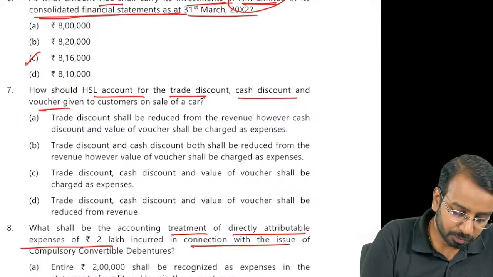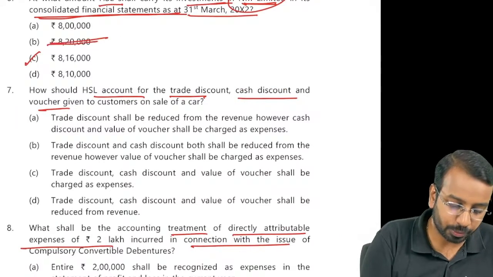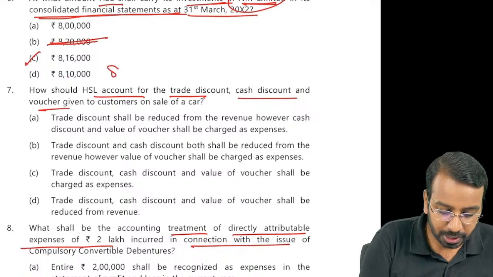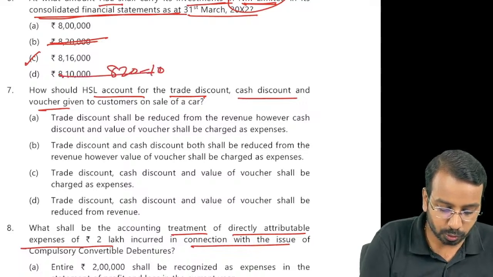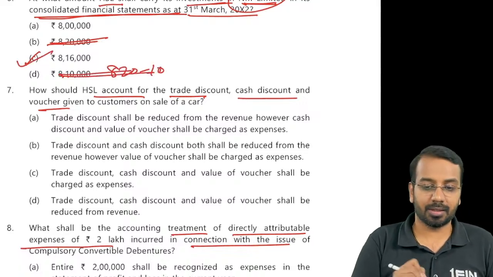You might incline to choose 820, you should not do. And sometimes you may do 820 minus 10. This also you should not do. 816 is the right answer. Okay. Then,